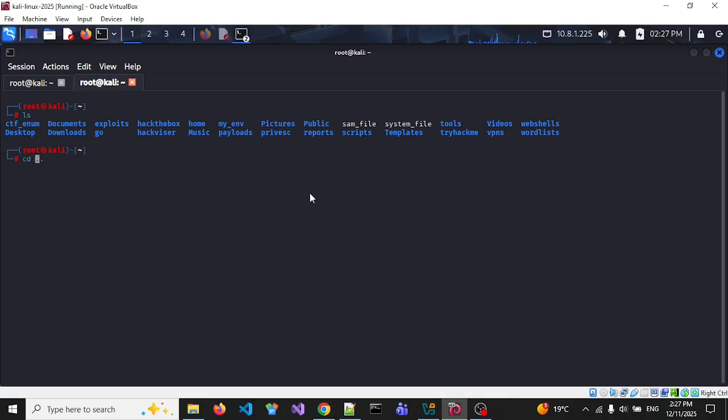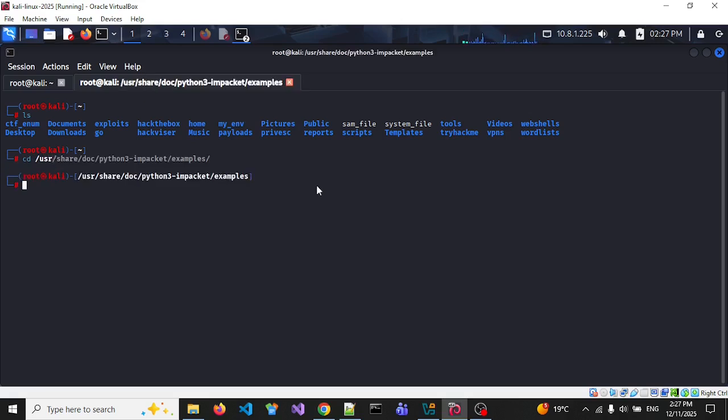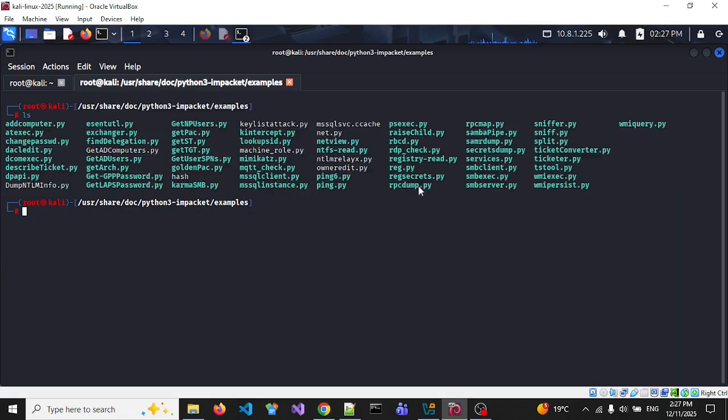So if we go cd usr, okay, so that's where Impacket is. We're doing ls. We've got secretsdump.py here. So if we do python3 and secretsdump.py,